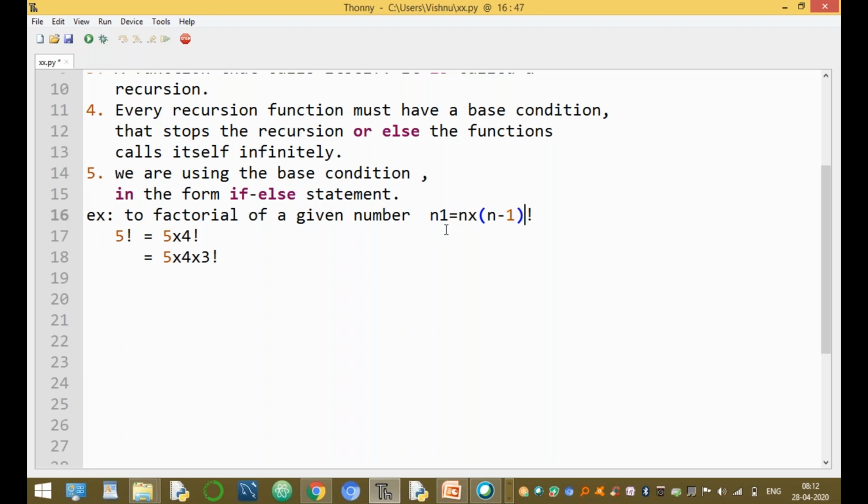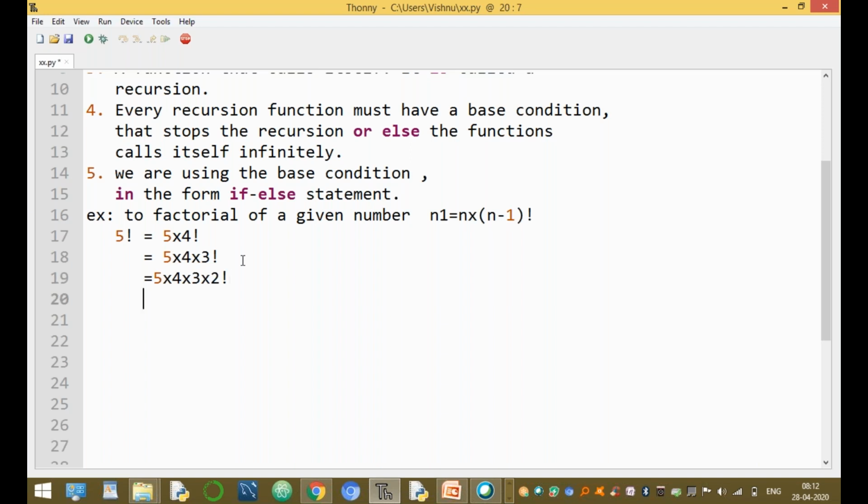This is the concept of finding the factorial. 5 factorial is 5 into 4 factorial, then 5 into 4 into 3 factorial, then 5 into 4 into 3 into 2 factorial.